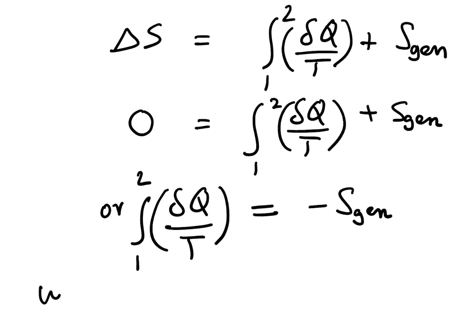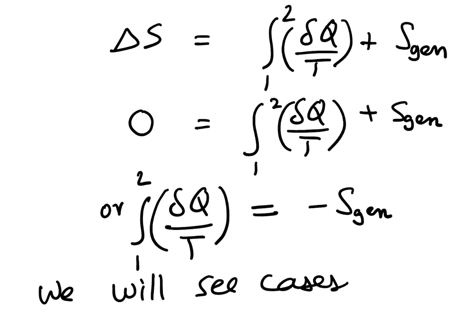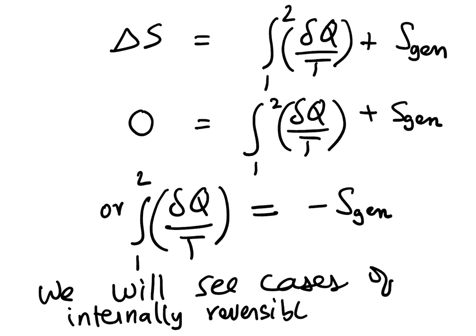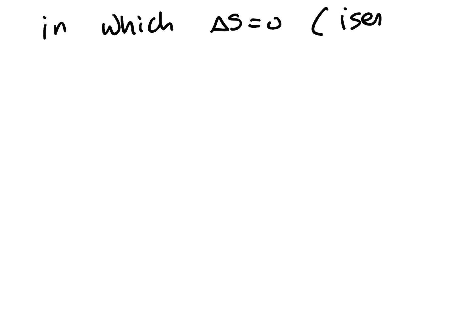We will see cases of internally reversible heat transfer in which entropy change is 0, which can be modeled as isentropic processes,